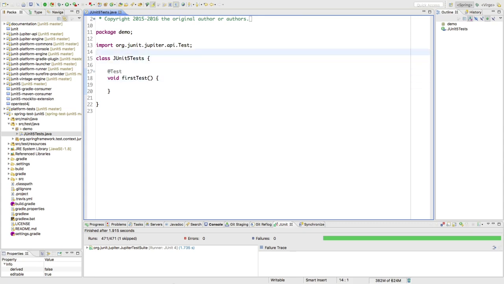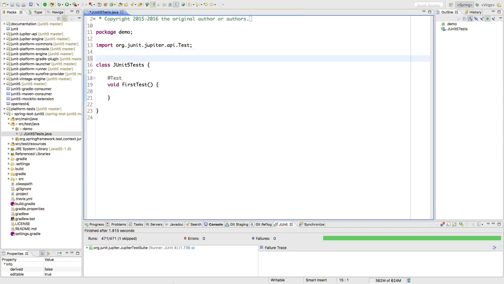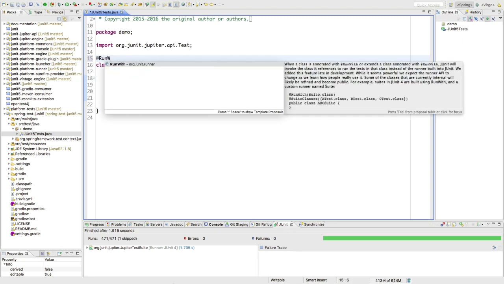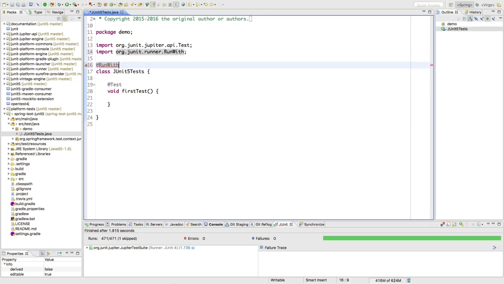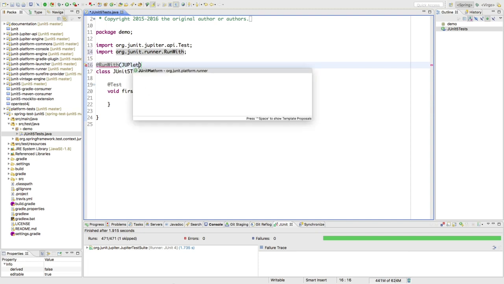Now, in terms of IDE support, Eclipse doesn't have any support built in yet for detecting and running the JUnit 5 tests. The latest version of IntelliJ does, the latest beta version, 2016.2. So one thing you can do in the interim is a temporary workaround. Might sound strange, we're going to use JUnit 4 to run JUnit 5. Okay? So RunWith, and we have a JUnit Platform runner,